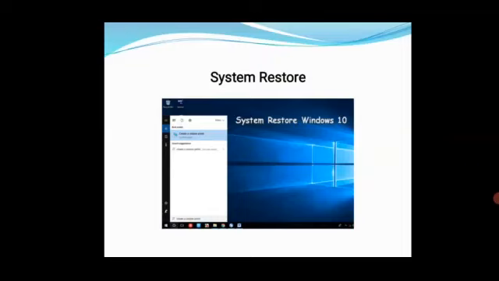So what utility programs have we seen here? System restore, then disk defragmenter, then file recovery, then antivirus software, then disk cleanup. I think you understood about utility programs.